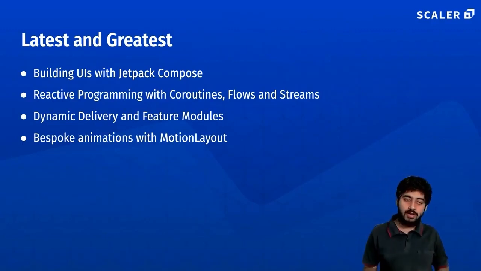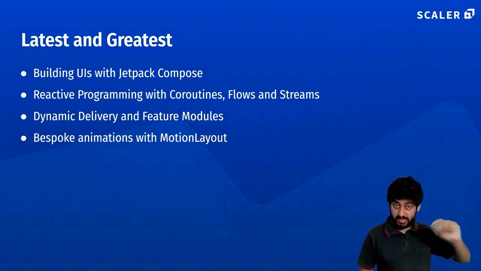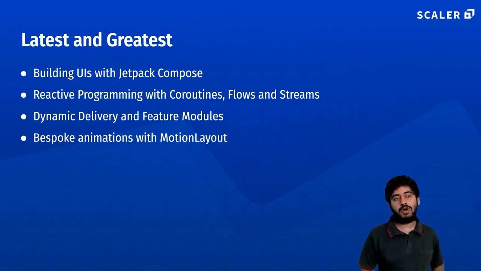These days in Kotlin, there are a lot of new experimental features like flows, streams, and coroutines, which together can give you an alternative to RxJava. And a lot of apps are starting to move towards that, because the syntax is much easier to read. So how can you develop an alternative to RxJava using coroutines and flows? Maybe you can read about that.